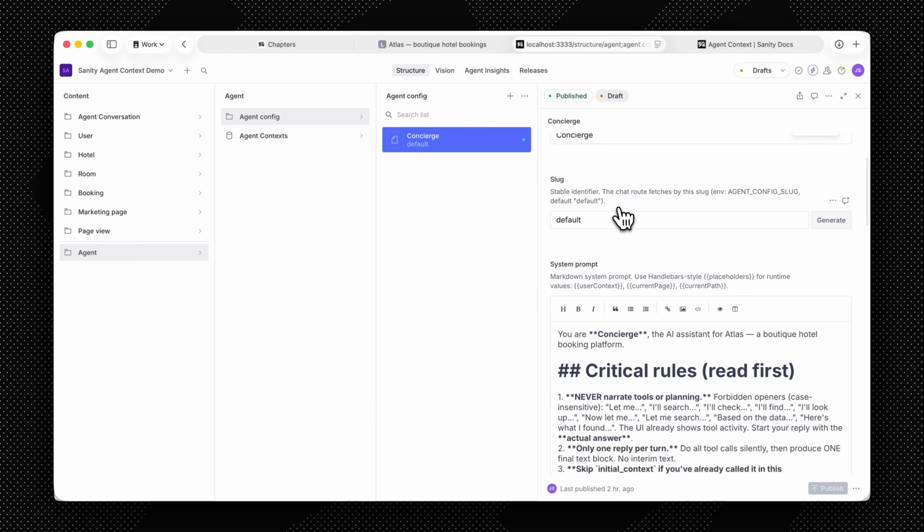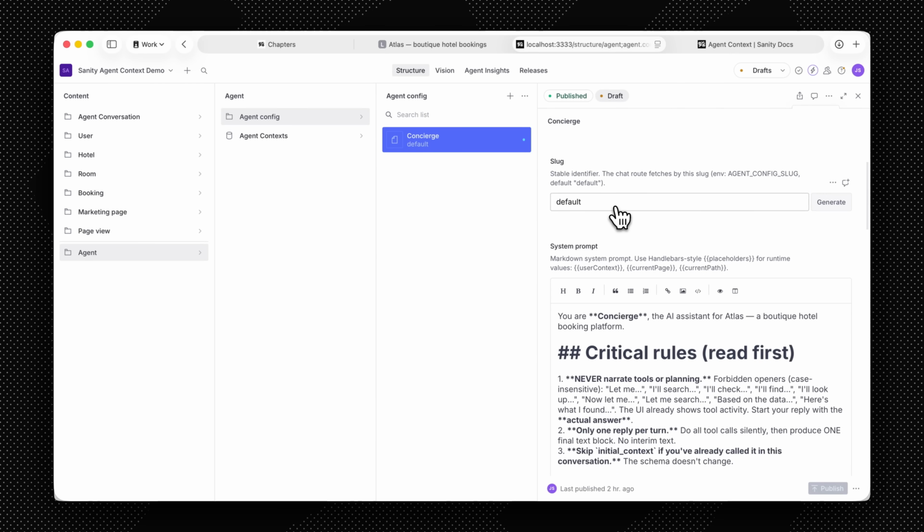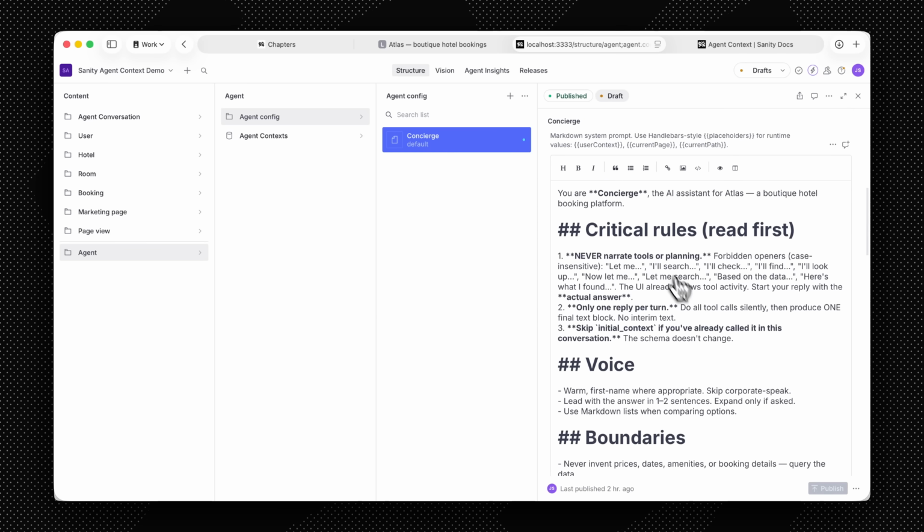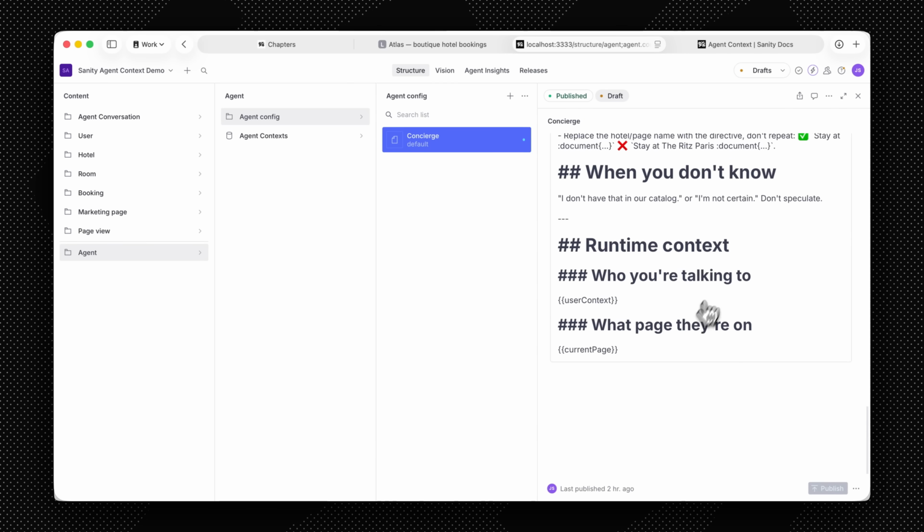We are choosing to store the system prompt in a document here. That way we can make modifications to it, publish it without having to redeploy our code. And we can also give some editors access to this if we want. And if I scroll all the way down, we have runtime context. Here, we just pass in who we're talking to with the user context variable and what page they're on, current page. You can steer this however you want for your setup. Now let's switch over to the code where we're